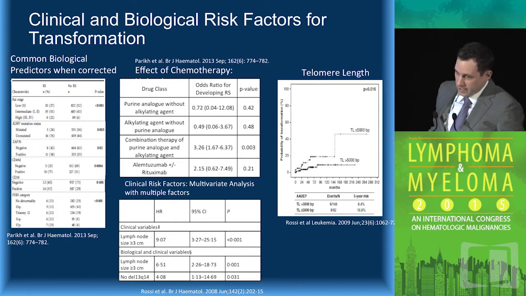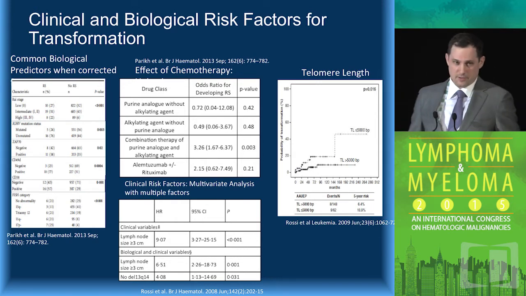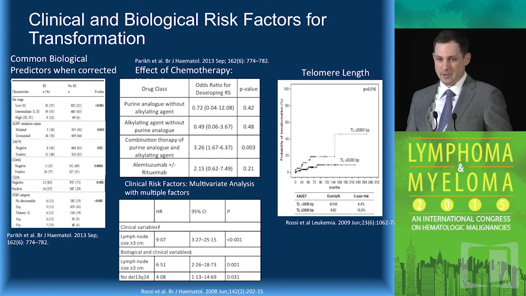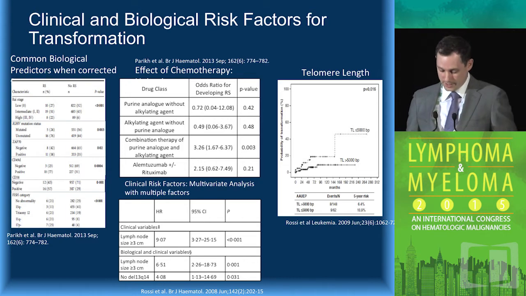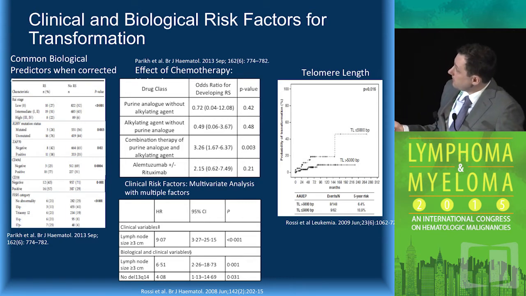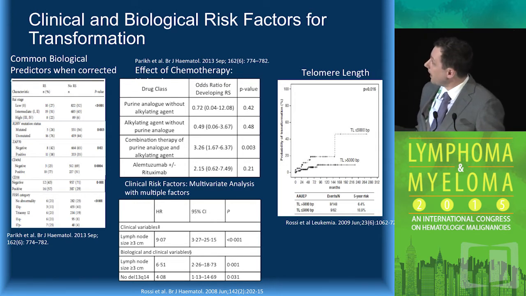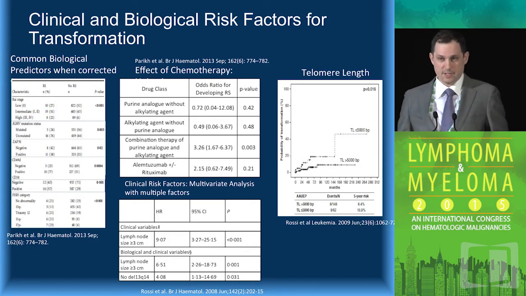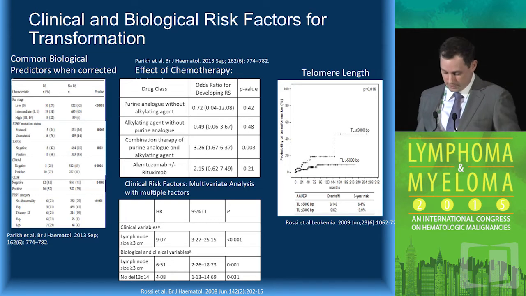When you look at other biological factors, a lot of the things that we see as aggressive CLL also hold true for patients at risk for transformation later on. These are all corrected for Rai stage to try to correct for advanced stage high-risk patients. But you see, again, IgVH mutational status, ZAP70 status, CD49, CD38, as well as obviously the FISH categories, with 17p deleted patients having the highest risk.